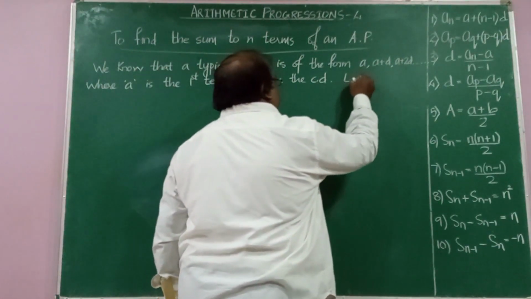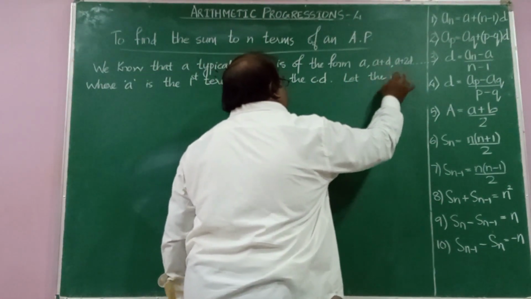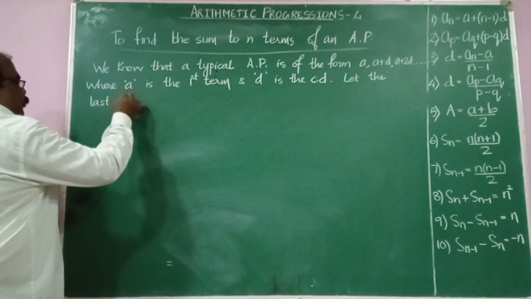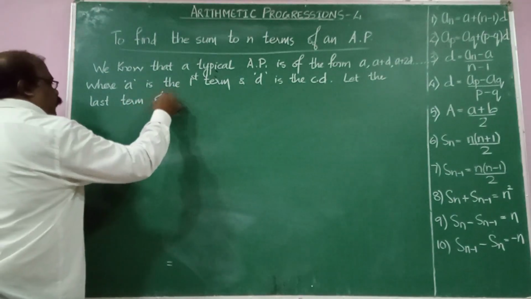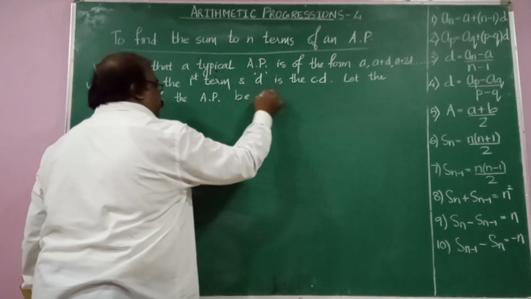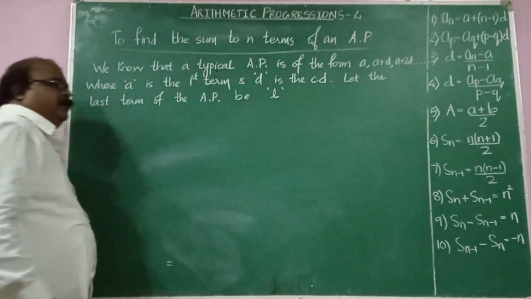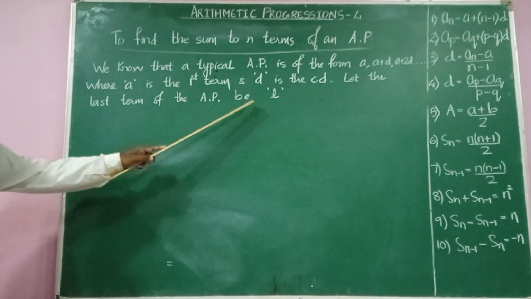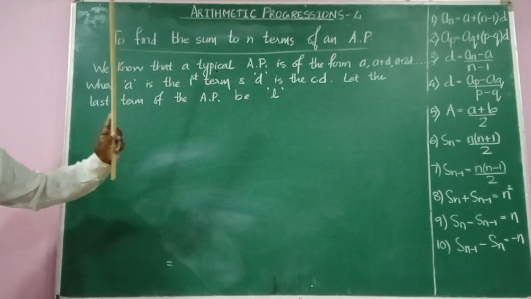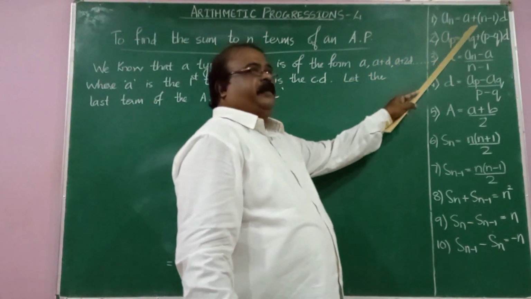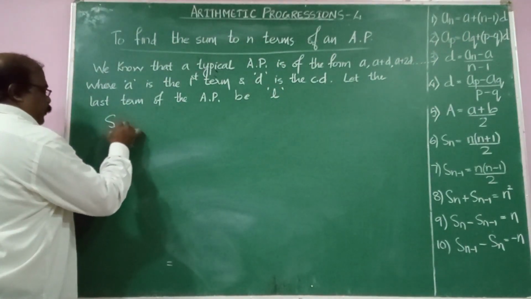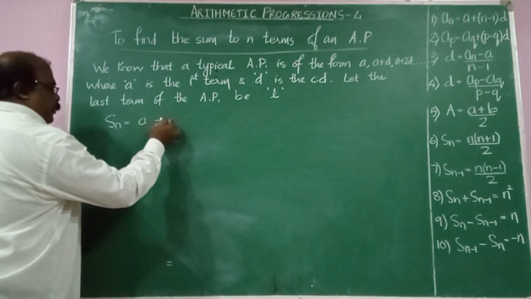Let us assume, let the last term of the arithmetic progression be denoted by L. I am assuming the last term to be denoted by the letter L. Last term means nth term. Nth term is a plus (n minus 1) into d. So what is Sn? Sn is equal to a